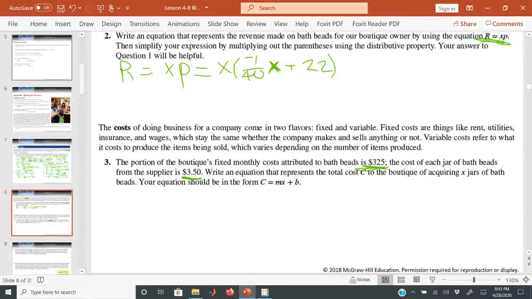We actually know that the $3.50 is dollars per jar. So in this case, we're actually given the slope and the y-intercept. So we don't have to go through the steps that we went through in equation 1. It's a different kind of problem. We already have the information that we need. So we can just say C equals